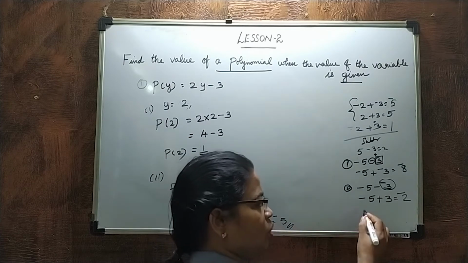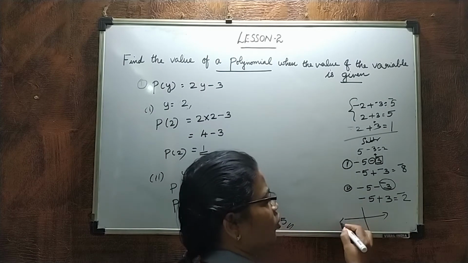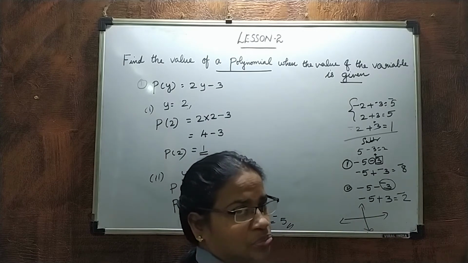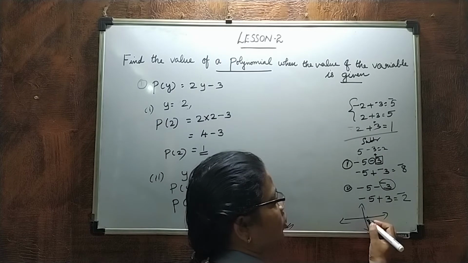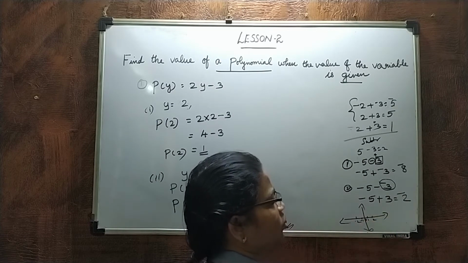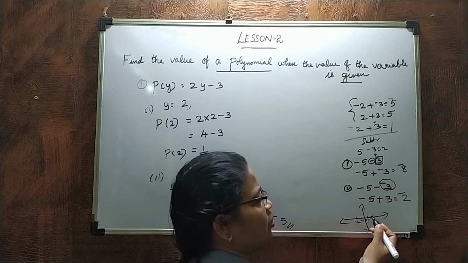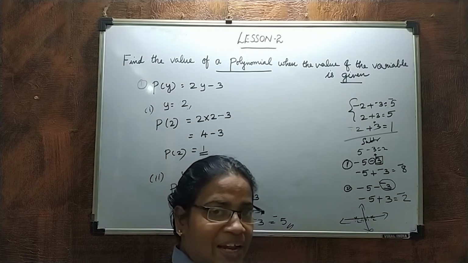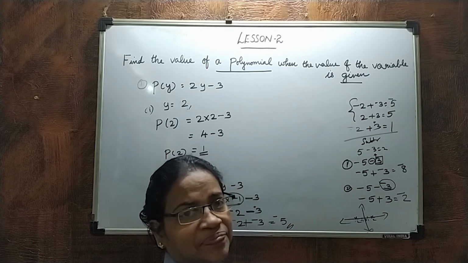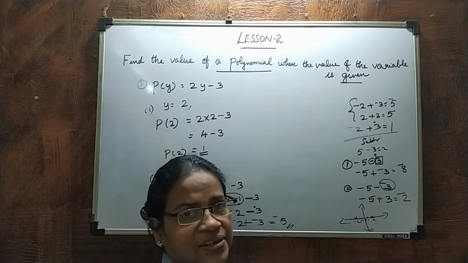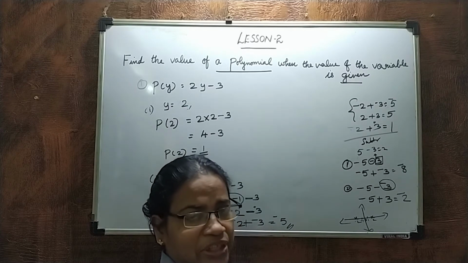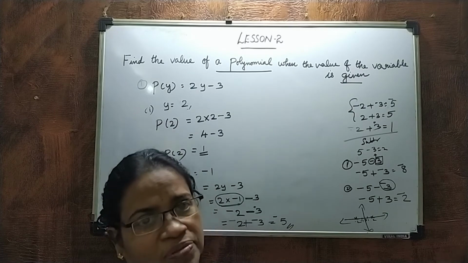Clear? Now look, don't think that positive 2 and negative 2 are no problem if you are not putting the negative sign. No, it is a big mistake. Just look: here it is 0, here it is 1, 2, here it is negative 1, here it is negative 2. Here positive 2 is on this side, and negative 2 is on the other end. So there is a value for the signs. Make it correctly. When you are getting the question, just remember, if the negative sign is there, be careful.